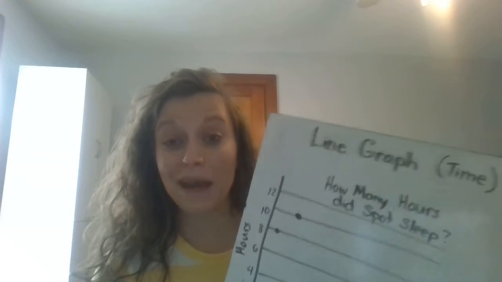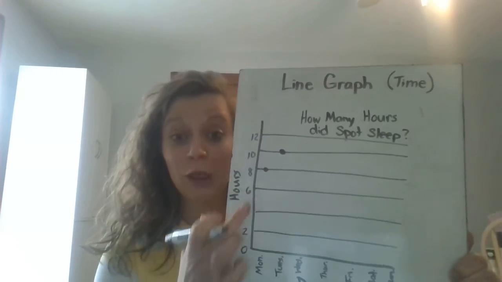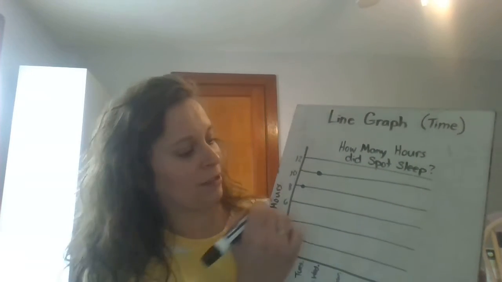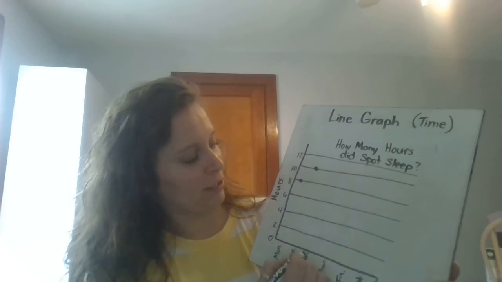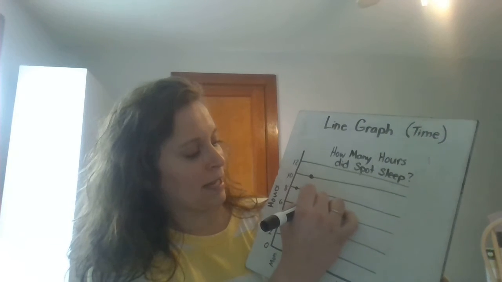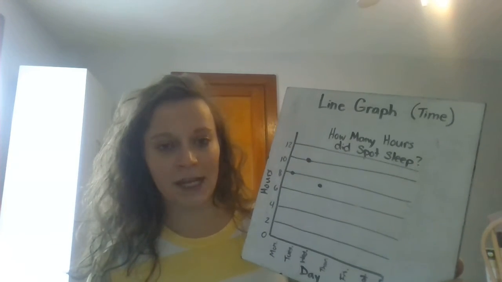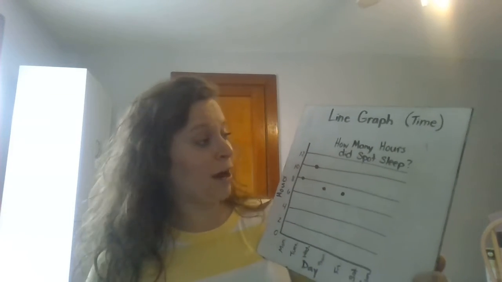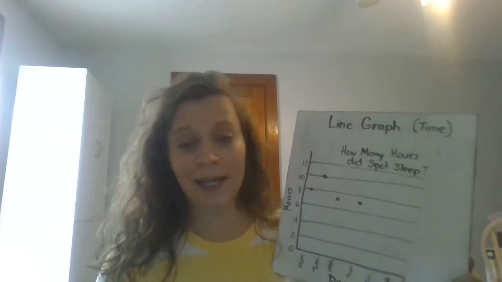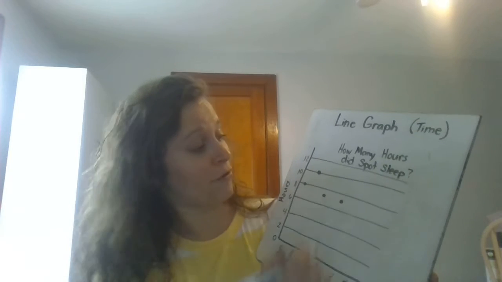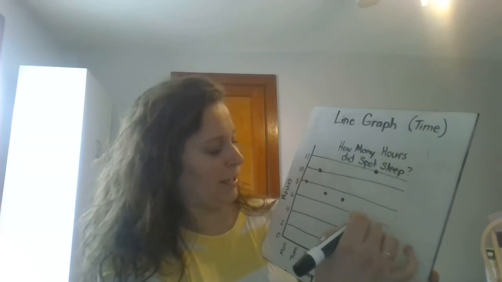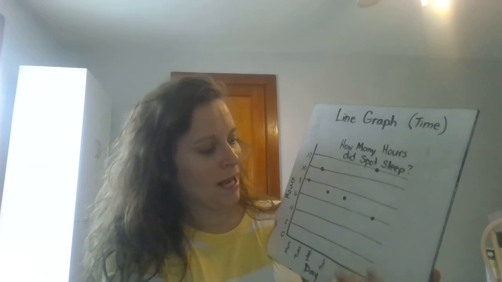Now Wednesday, though, maybe he slept 7. So if we look here, we know 7's not on my list, but we should know 7 comes right between 6 and 8. So I can come on Wednesday and plop in a dot right in the middle of 6 and 8. Maybe Thursday, he also slept 7. Friday, maybe he was just exhausted. He had a whole party with his doggy friends. I don't know. He's at 12 hours, and since he slept so much Friday, Saturday night he only got 6 hours, and Sunday he